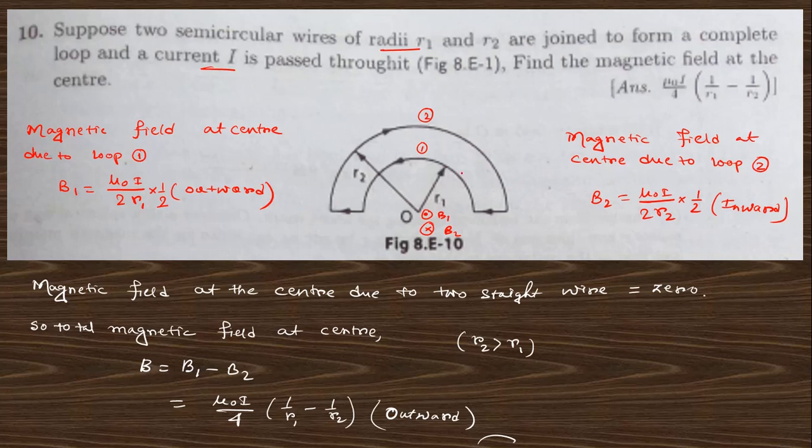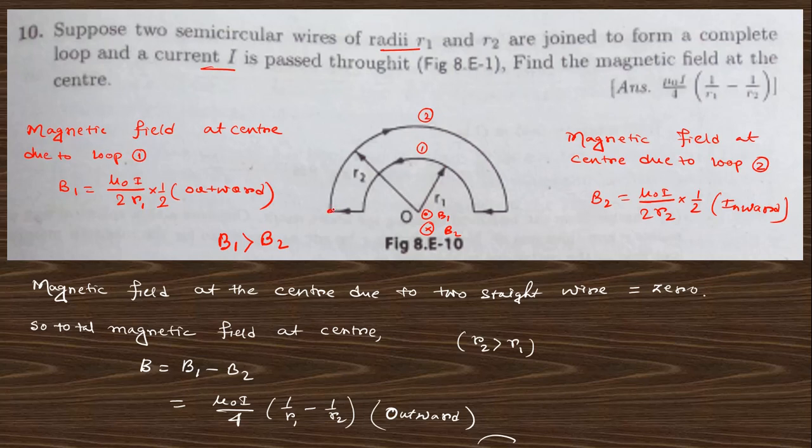And for this current direction, with the same approach, you will get this is the outward, the dot meaning out of the page. And for this direction it is into the page. Okay, so for r1 this is outward and this is inward, so this will be the minus. And you can see r1 is less than r2, so b1 will be greater than b2, so this will be b1 minus b2, and the resultant will be outward. I think that is clear.